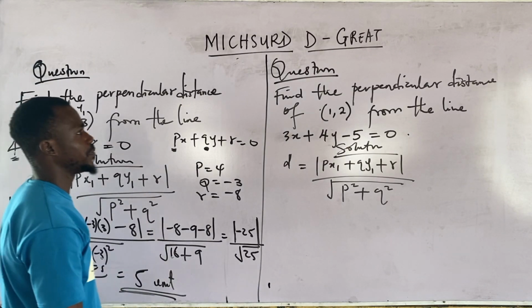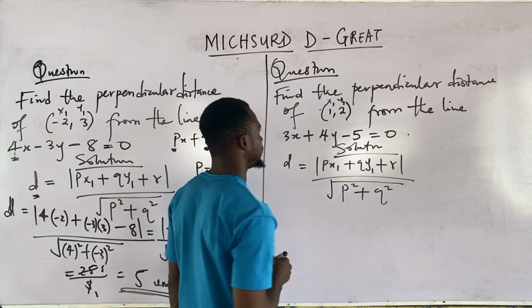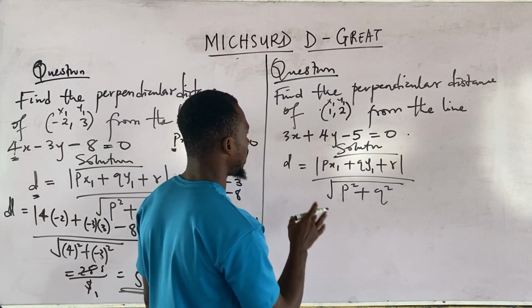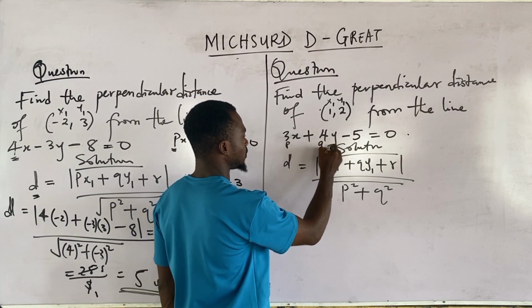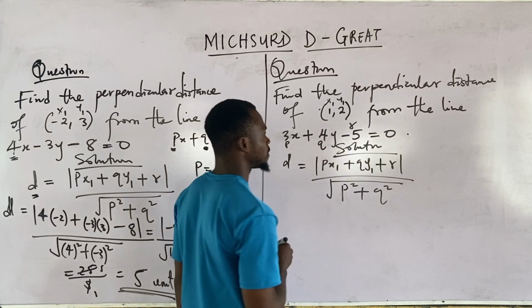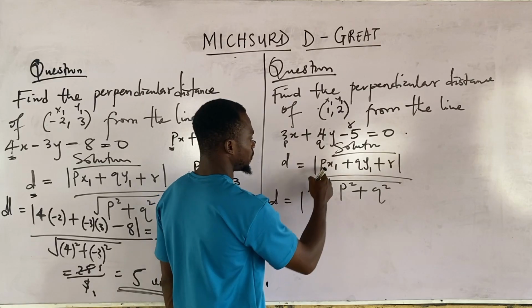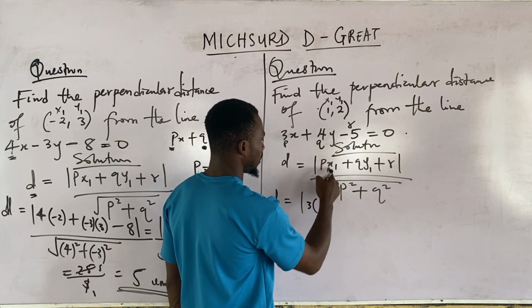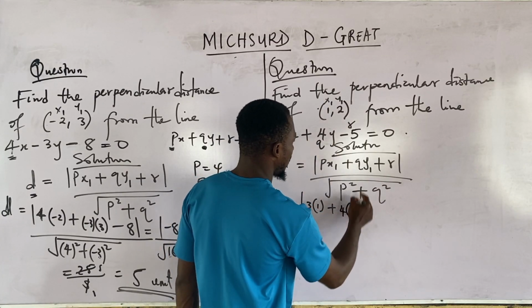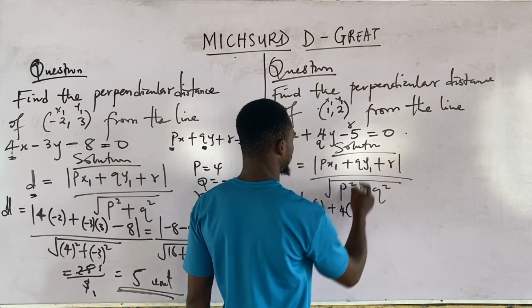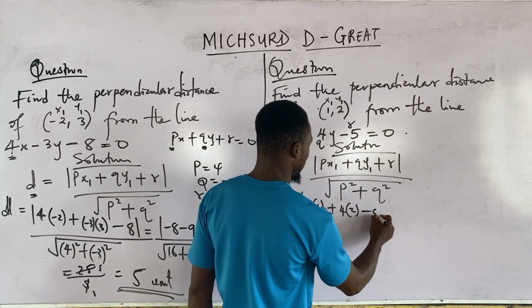Here we have to calculate the perpendicular distance from the point (1, 2). So we have our x1 and the value of y1. Now from the line which is given, you can compare, you can see that this is our p, this represents our q, and this is our r. So if we substitute into the formula, we have p is 3, then x1 is 1, plus q is 4, and y1 is 2. We have plus r, but r here is already -5. So we have -5